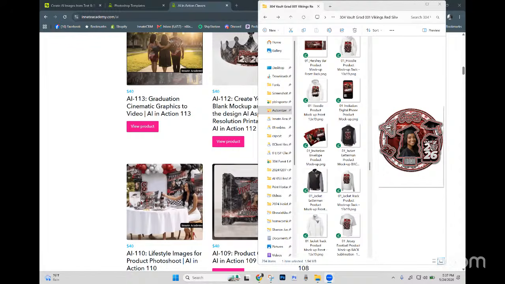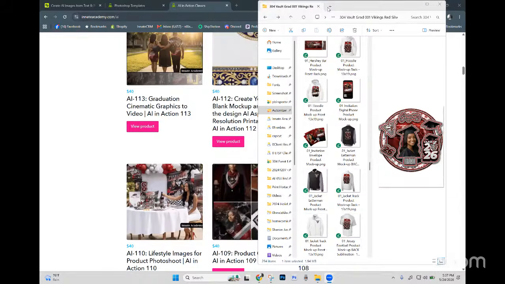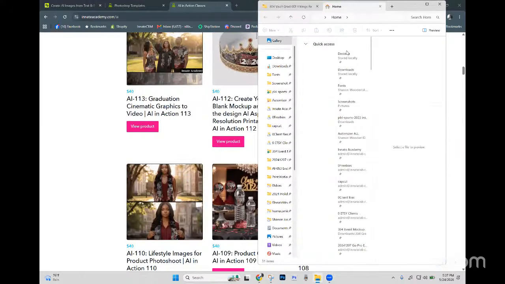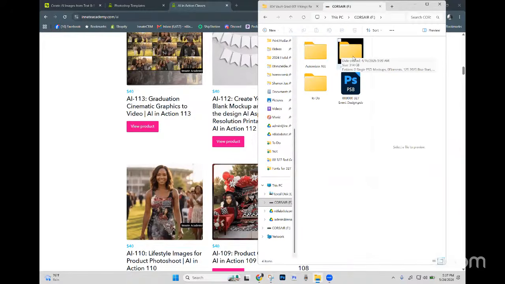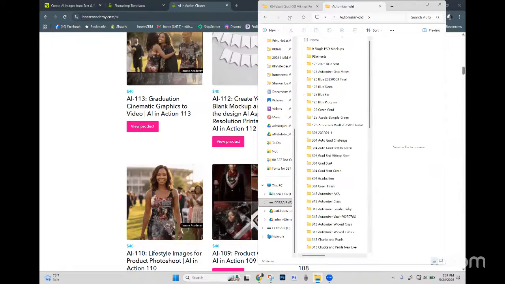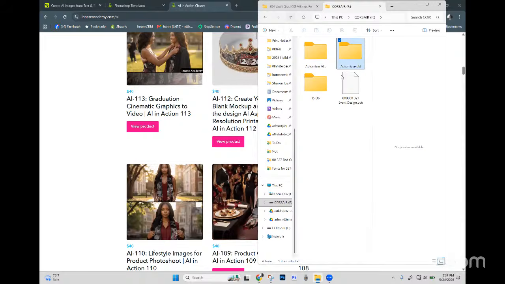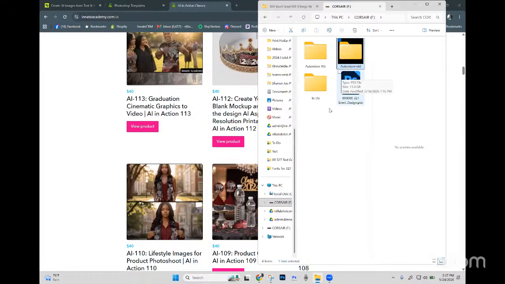Okay, so if you're going to save these to an external drive, for instance, I have an external drive I've been testing out. These are all of my old Automizers, right? I got a lot. What I do is I make sure that I transfer the whole folder, even if I was doing this one at a time. So let's say if I had my 125 green grad, I would bring that entire folder,